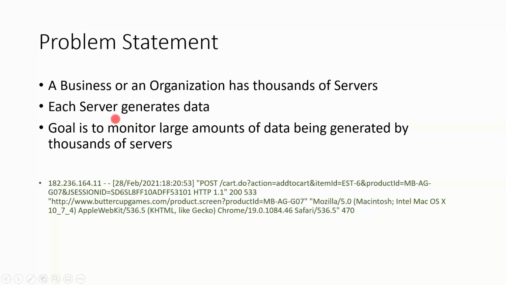Each vendor is coming up with some new product in this competitive market, and each generates different types of data. If you take an application server, the same operation can be done by Apache, or by the JBoss server. There will be different types of application servers as well. So each server generates some data.